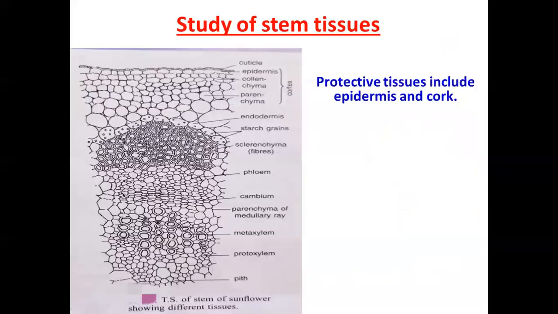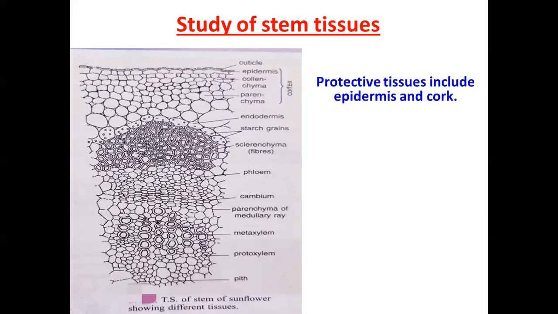Now next, one diagram is shown to represent the different types of tissues present. If we see whether all the cells are similar in structure, you will find that many different types of tissues are present. Together they have 7 types of cells: epidermal cells, collenchyma, parenchyma, sclerenchyma, xylem, phloem, and cambium. All of these cells perform different functions such as conduction of water, transport of food, protection, support, food storage, and growth.